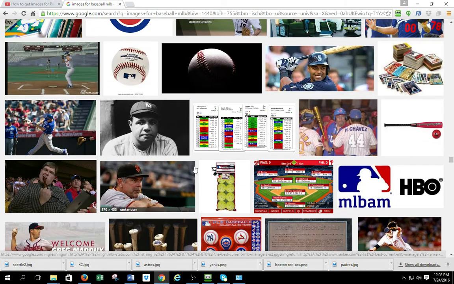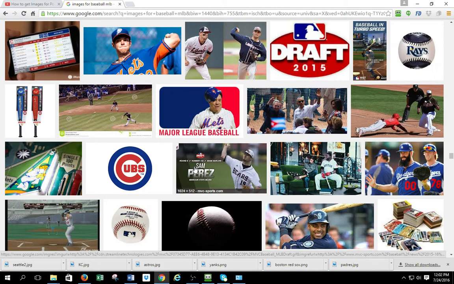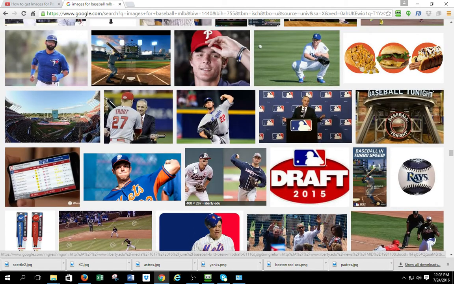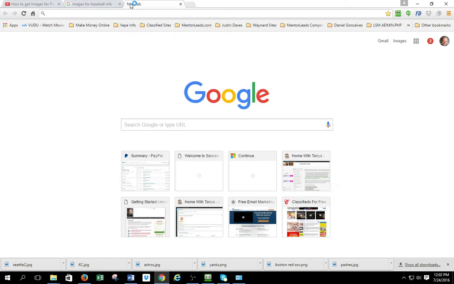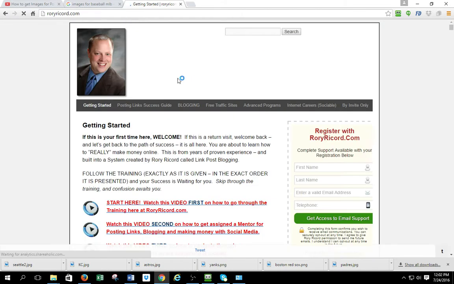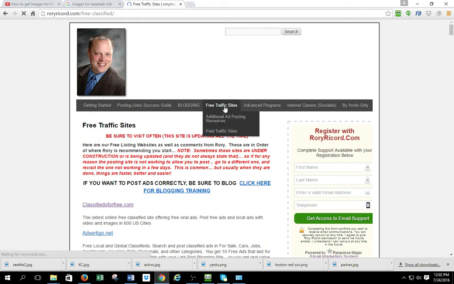So I've got these photos in here, and then I'll show you where I load them up and how hard that is not. It's really simple. So I use Dropbox, and this could be a file on my hard drive as well. And I'm gonna go to a posting site. So I'll take you to roryricker.com, and you're gonna see me modify the template at will because I do it all the time. I'm gonna go to free traffic sites,